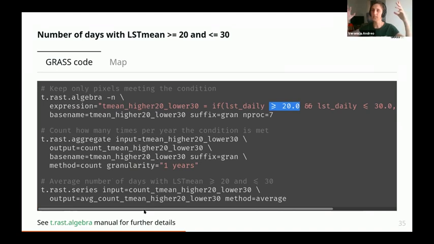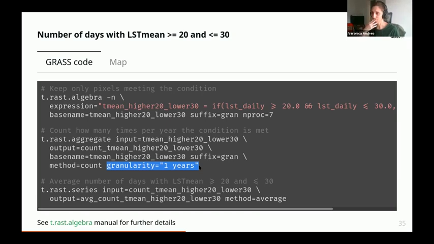So basically we will get a new time series with ones and nulls. And then we aggregate that time series, okay, with a count method and a granularity of 1 year. So we will get a new time series of 5 maps, and each map will have per pixel the number